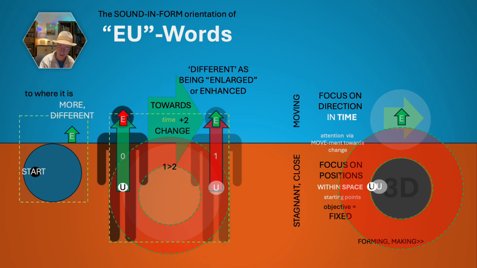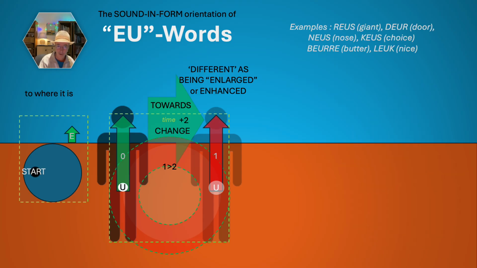That's the mindset behind this combination of E and U. I have an image underneath which already shows you the difference. Now let's have some examples of words. I have some Dutch words and some French words as well. So I have REUS, or giant, DEUR, or door, NEUS, or nose, KEUS, or choice, BEURRE